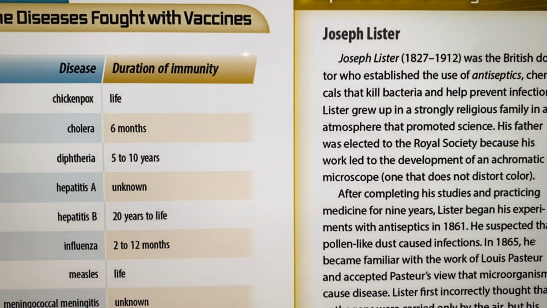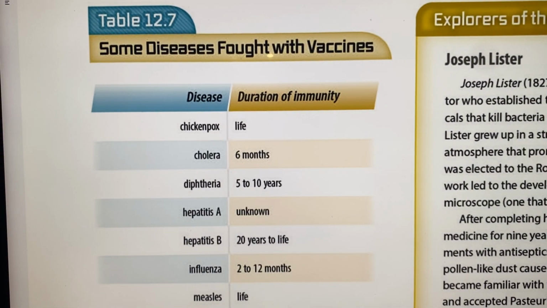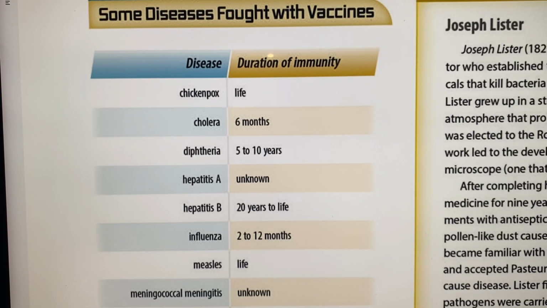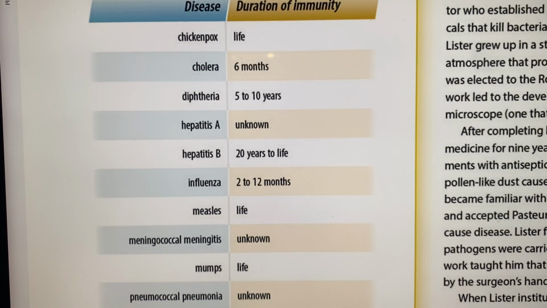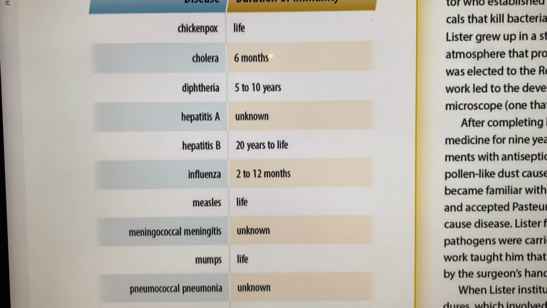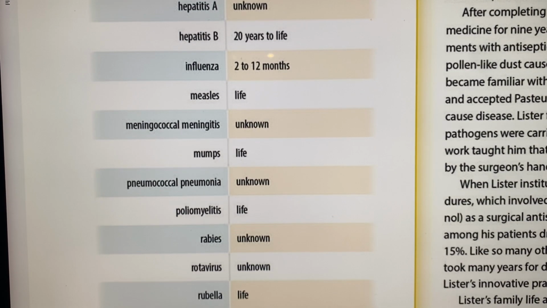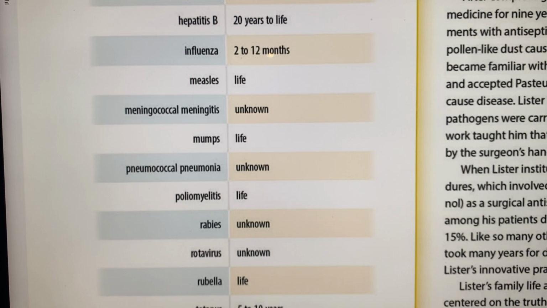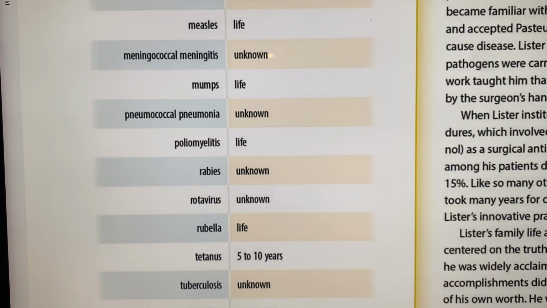Here are some diseases that were fought with vaccines. Chickenpox, if you get the vaccine, for life. Cholera, 6 months. Diphtheria, 5 to 10 years immunity. Hepatitis A, hepatitis B, 20 years to life. Influenza, that's flu, 2 to 12 months. Measles, if you get the vaccine, for life. Meningitis, mumps for life. Pneumonia, pneumococcal, polio for life. Rabies,